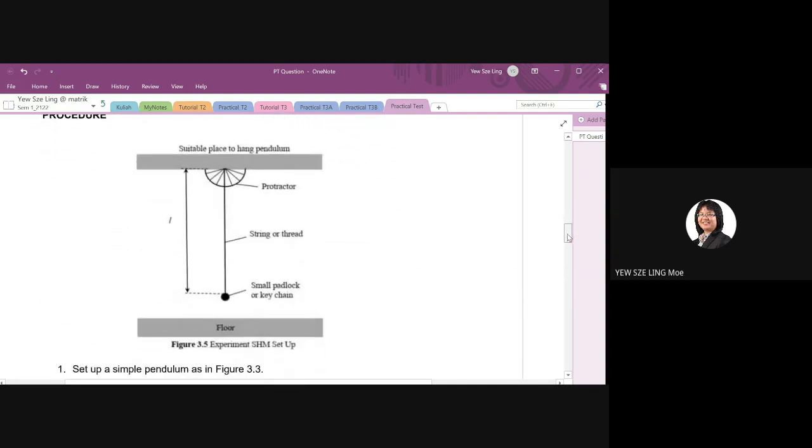So the procedure: find a suitable place to hang the pendulum. So this is your protractor. Now, there's also one more thing here. Some of you use a clip to clip the strings on the protractor. Well, I wouldn't say it's wrong, but make sure there is a small space between your protractor and